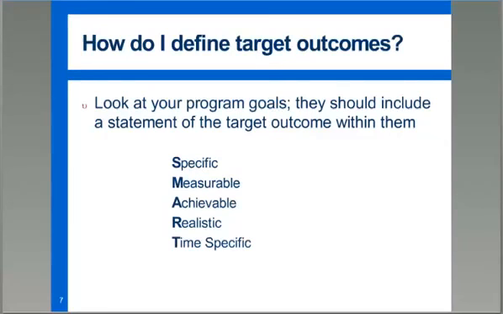A specific goal is one that is targeted on your clients as a single change. It's measurable when it can be observed in some way. It's achievable as long as your experience tells you that your clients should be able to accomplish the goal. Not all necessarily, but the vast majority. It's realistic if it's reasonable to assume your clients want to make the targeted change. If they don't, no matter how hard you try, they're not going to. And it's got to be time specific. How long will it be before you accomplish the goal?